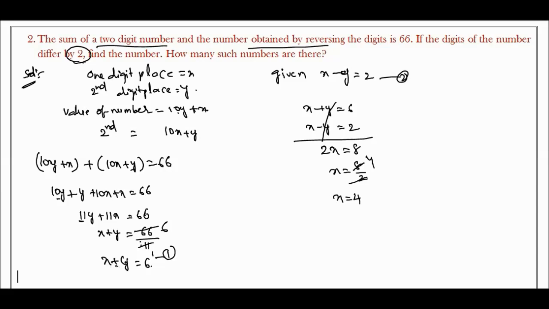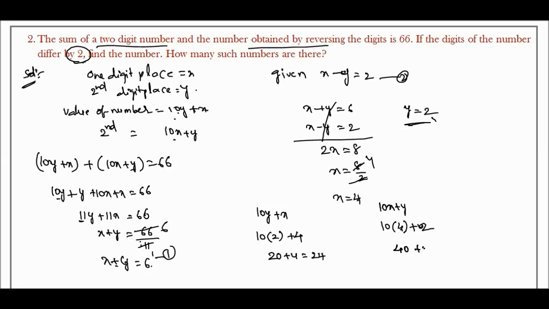So we substitute in this one, x is equal to 4, and y becomes 2. So x comma y we got. The first number we can place in this one, and the second number we place in this. So we get numbers like this. First one is 10y plus x. 10y means 10 into y, which is 2, plus x, which is 4. So 10 times 2 is 20, plus 4 is equal to 24. And 10x plus y is equal to 10 into x, which is 4, plus y, which is 2. So 10 fours are 40, plus 2 is equal to 42. So 24 and 42 are the numbers we get, with sum 66. So this is the answer.